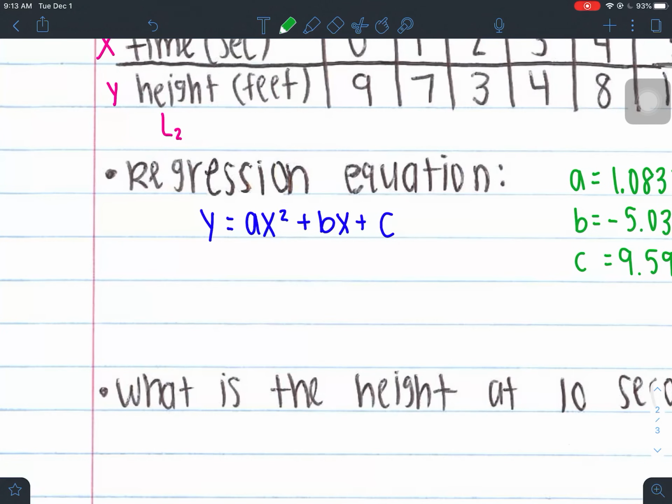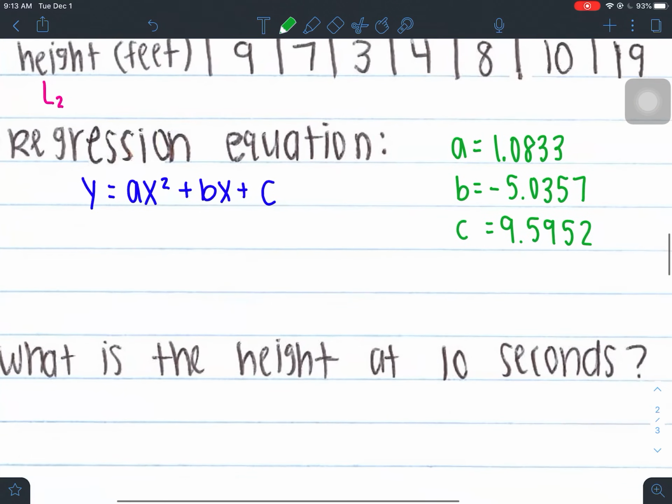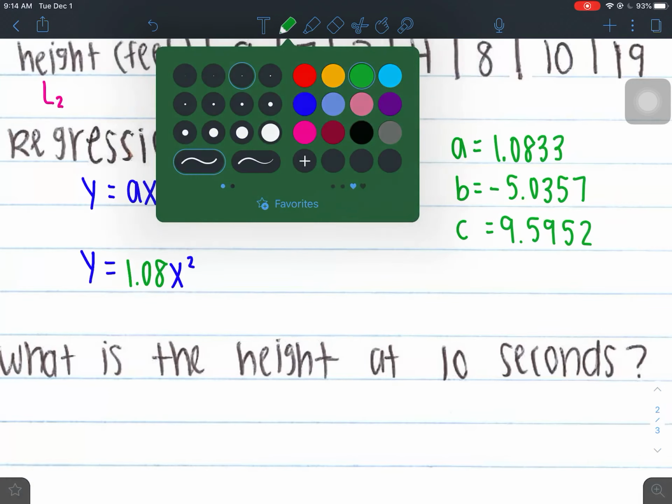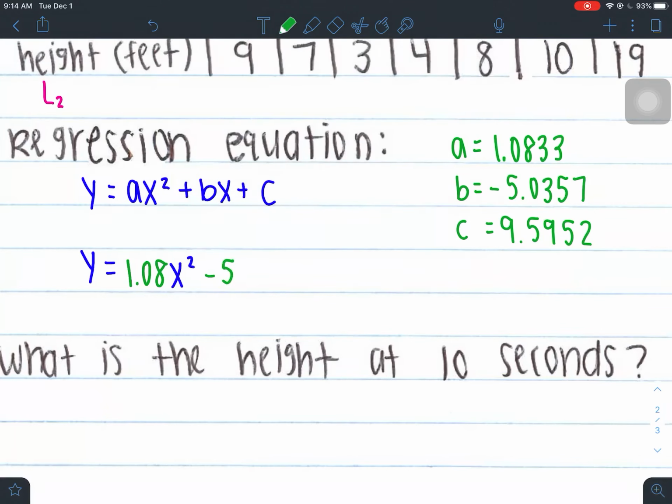giving me. Now, when we're actually writing the equation, I only want to keep about 2 decimal places. So I'm going to round to the hundredths here. And I'm going to plug those in. You're going to plug in A, B, C where you see them. So we have y equals, our A here is going to be 1.08 x squared. Plus your b value here is going to be, oh, so that's actually negative. B value here is negative